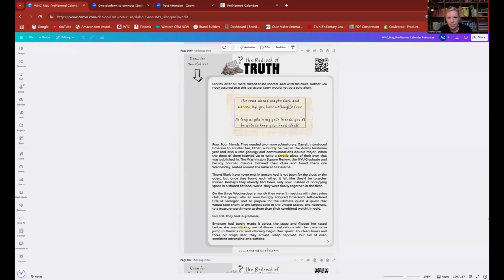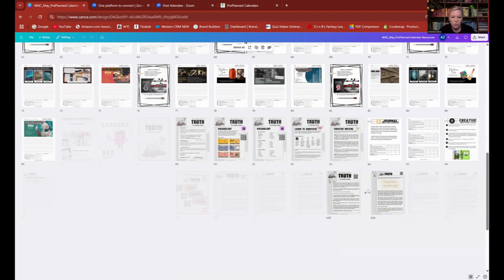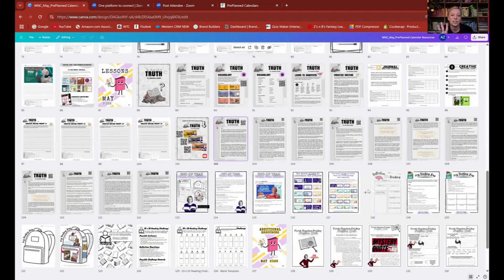I tried to play around a little bit with some of the clues in the text to make it a little bit more visually stimulating for the students. This is not a spoiler alert, but there is a twist ending that just makes my heart so happy. And I can't wait for your students to experience it. I hope that they enjoy that twist at the end. I'm not going to say any more because I don't want to spoil it.